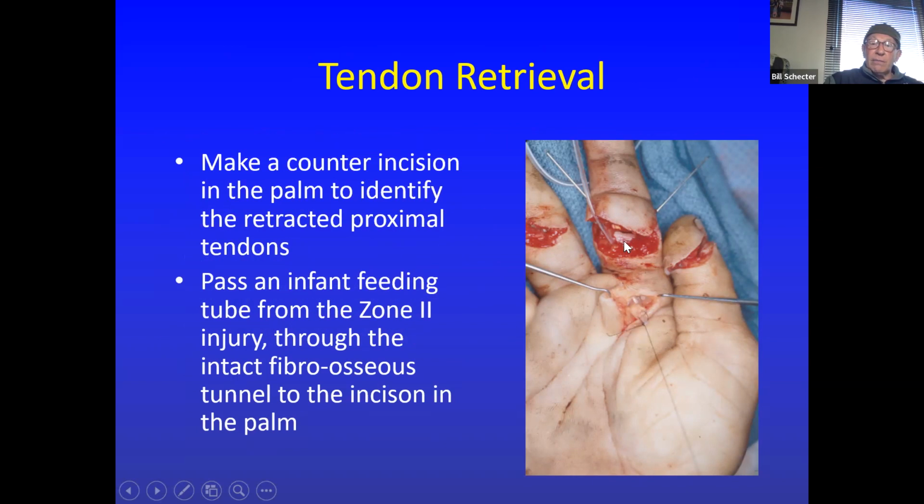And why can't you find it? Because it's retracted. And usually it's found right there. And why is it found right there? Because if you remember our anatomy lesson,